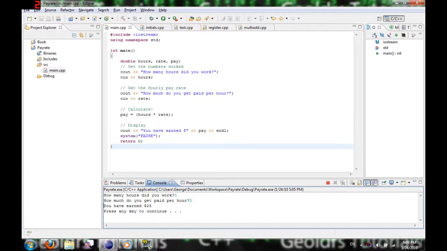So, if you typed it all right, you can click run and play around. Let's type in how many hours did I work. Let's just type in like 3.5. And how much do I get paid per hour? 9.8. And that's how much I got paid. Okay,